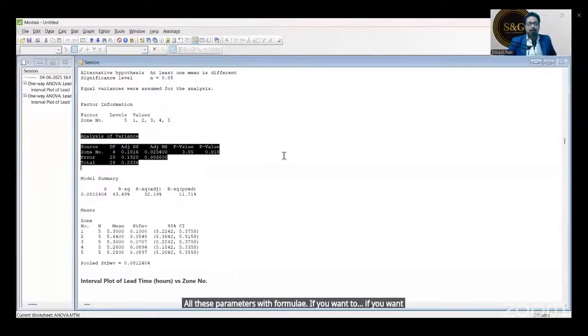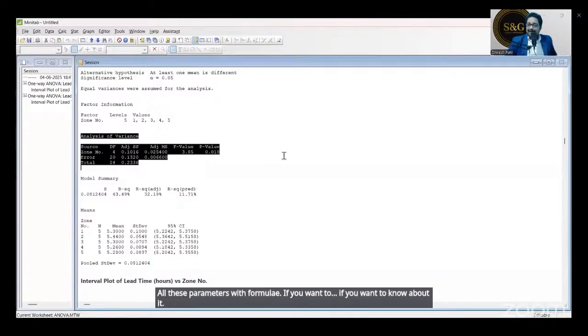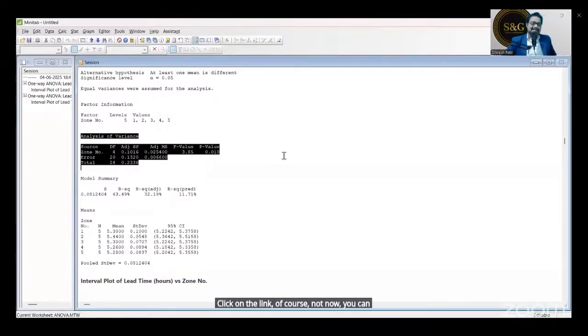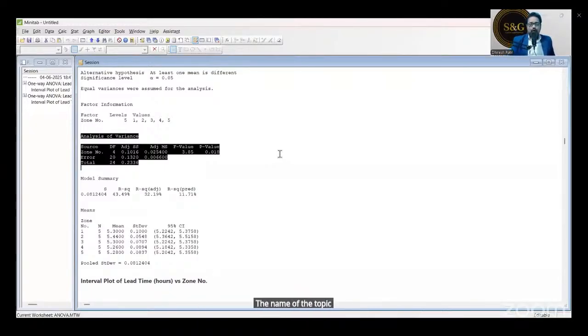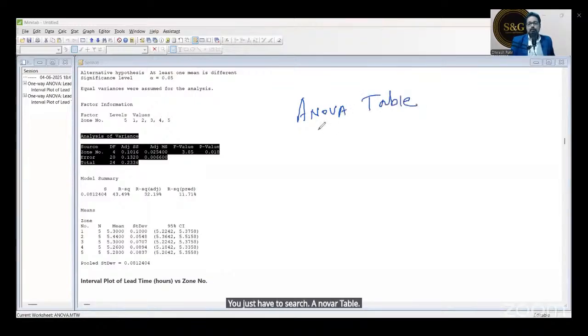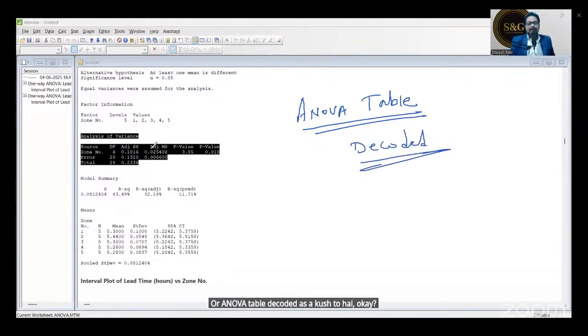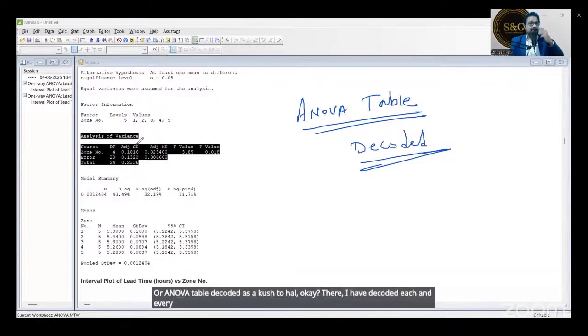If you want to know about it, click on the link. Of course, not now. You can just copy this. This is already available in the masterclass archive. If you go to the masterclass archive, you just have to search ANOVA table or ANOVA table decoded. ऐसा कुछ तो है. There I have decoded each and every element on an Excel sheet with the formulae.